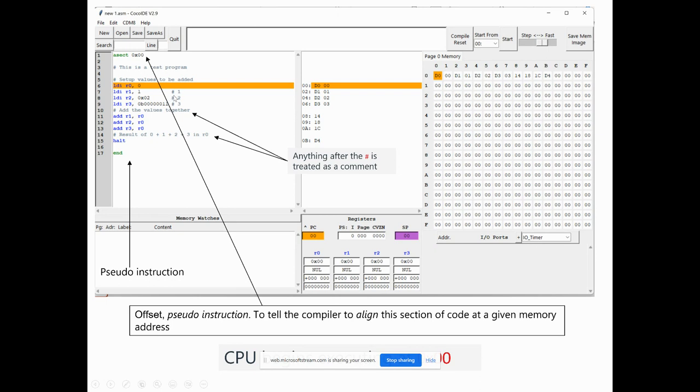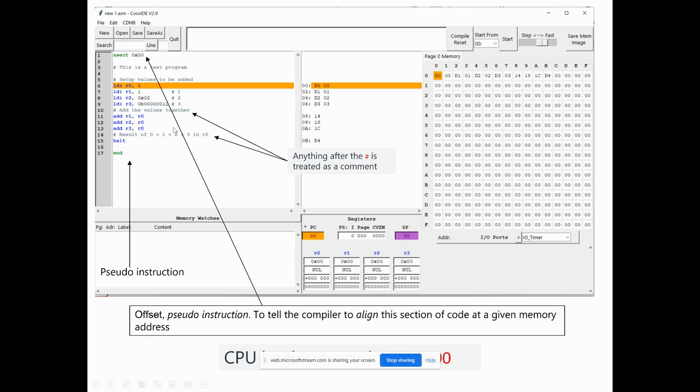The program does not execute whatever is after that hash. So for example, here we have this comment, the values together. So the program will skip from 9 to 11. And the same here, as you can see, it skips lines 13 to 15, to halt,